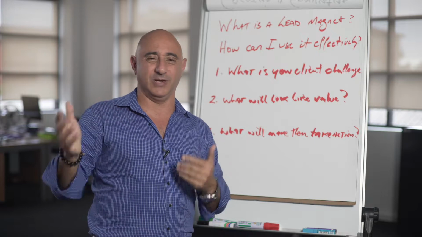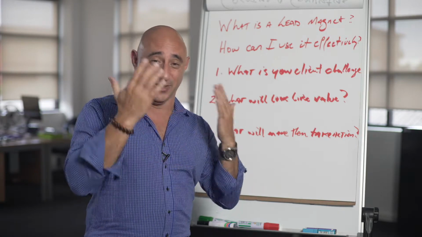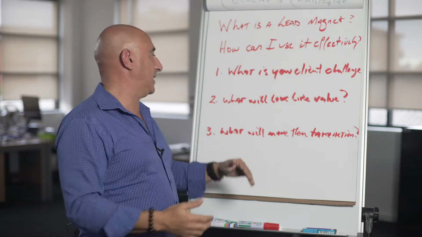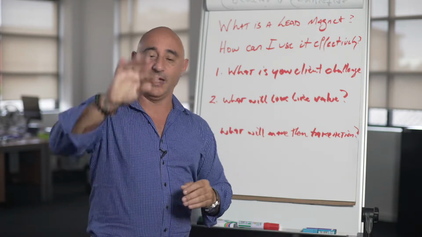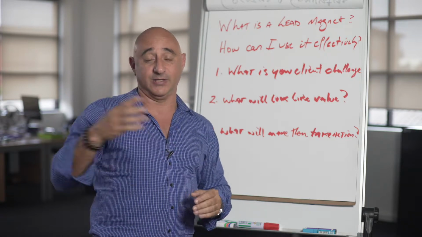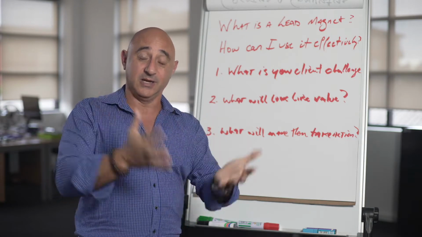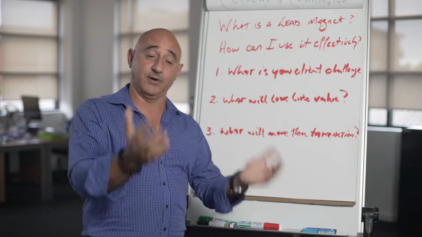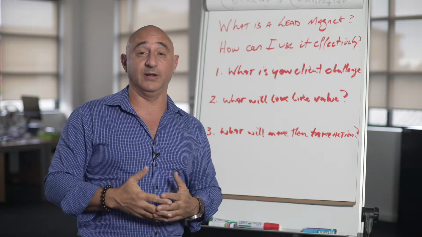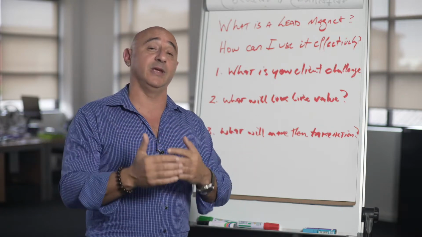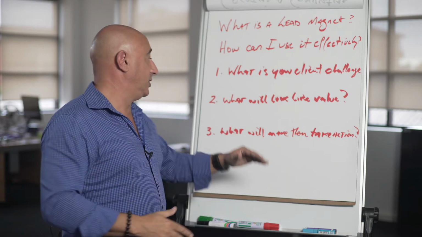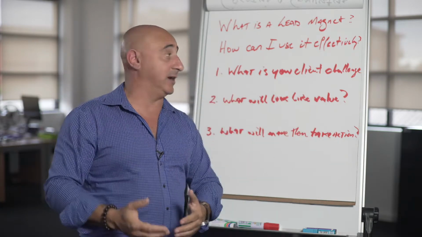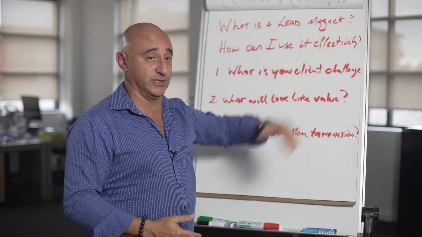Why? Because it's just quicker and easier, and I don't have to use my brain too much. I don't need to read. I can just watch, right? So it's a better option. So do you see, it needs to look like value, right? Having a cube of cheese is value to somebody that's going to buy a block, right? At least I'm tasting it, testing it, I'm good to go. If you're giving somebody a report, and they see value in it, fantastic. So whatever it is in your particular niche, you want to find out what will look like value to your client, because this is how we're designing the lead magnet and how you can use it effectively.